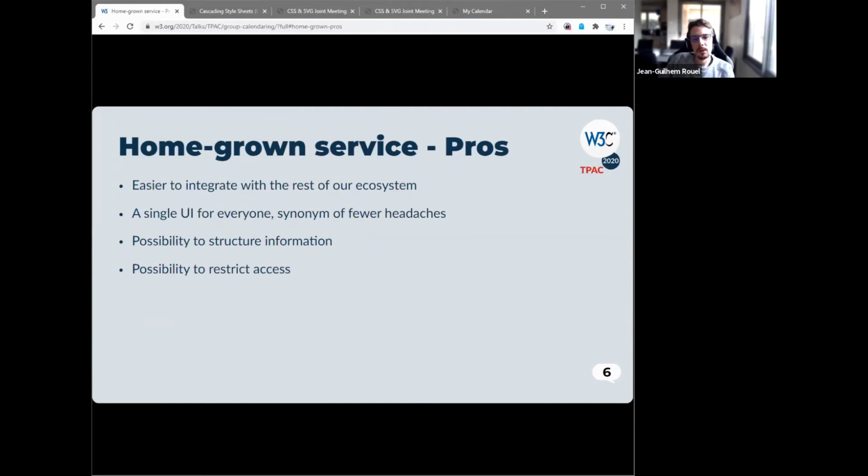So the next step for us was to evaluate and prototype what the service could look like if we were to develop it ourselves. The main advantages of this solution are basically that they solve the issues we've discovered with third-party services.